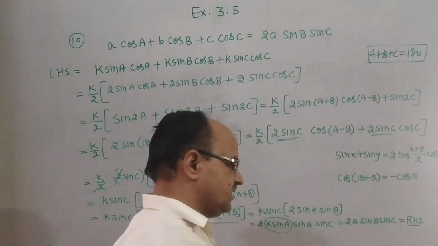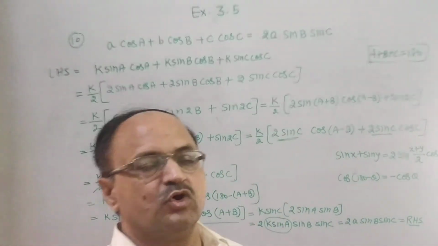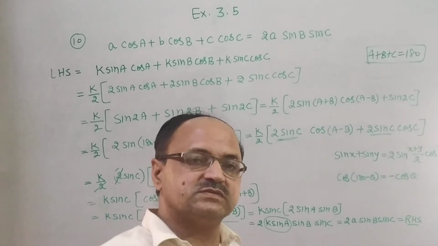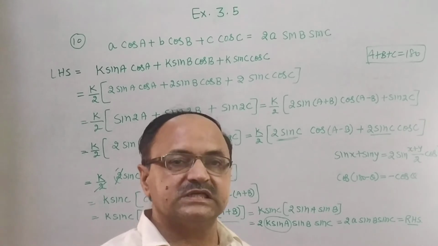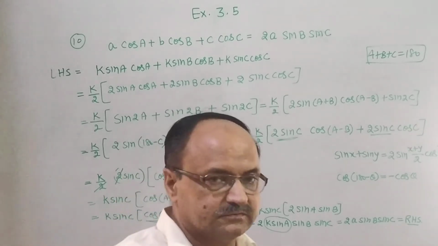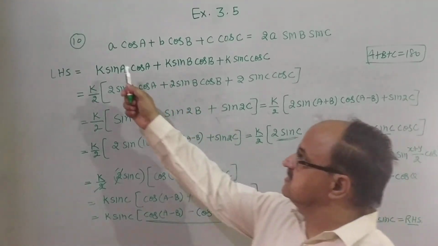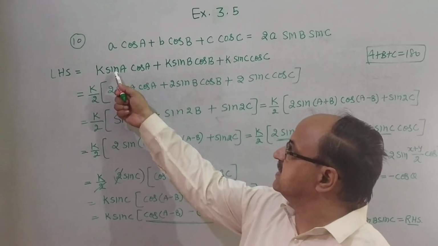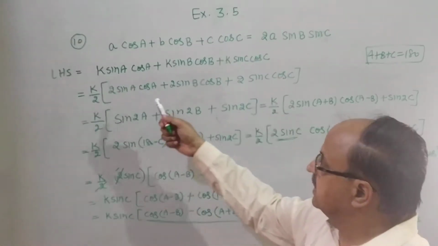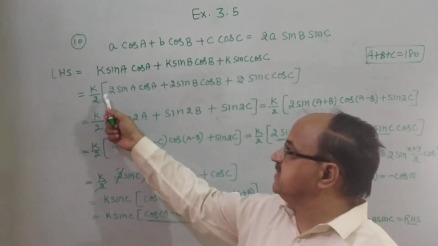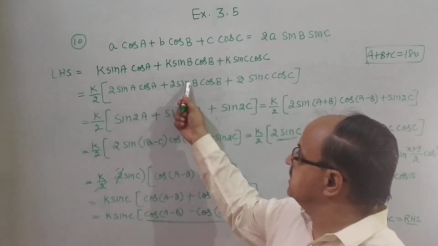Okay. According to the sine formula, small a is equal to k sin A, small b is equal to k sin B, and small c is equal to k sin C. Small a, small b, small c are the sides of the triangle. Very important question, 10th. Again, just revise. Just put the value of a, b, c here: k sin A, k sin B, k sin C. After that, take common k. Then multiply and divide by 2, and this is the formula sin 2A, sin 2B,